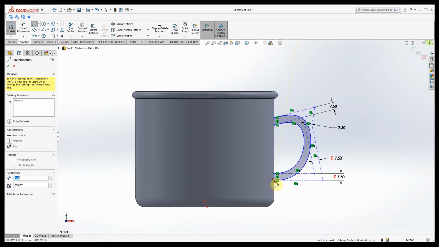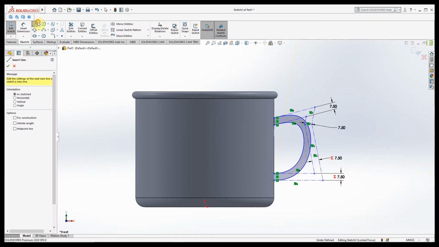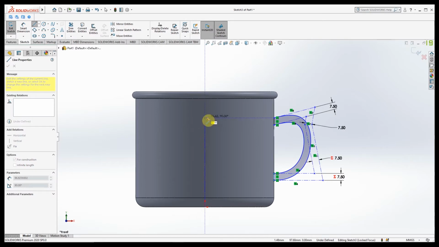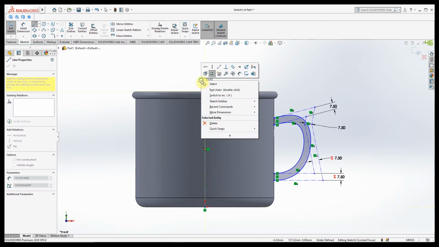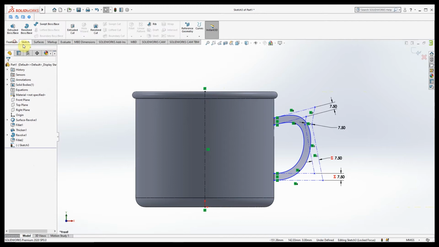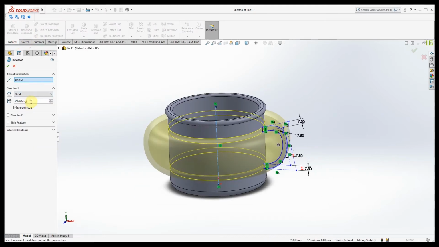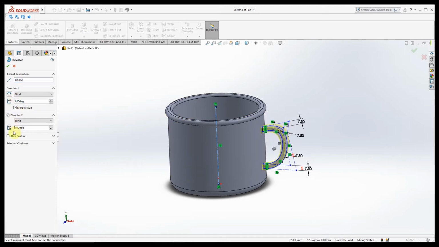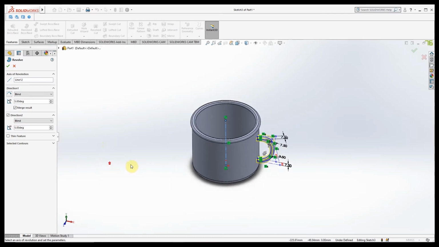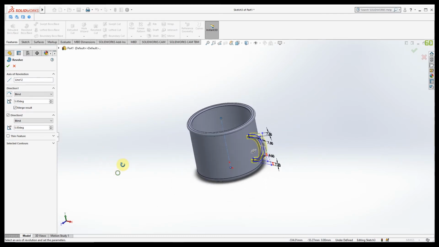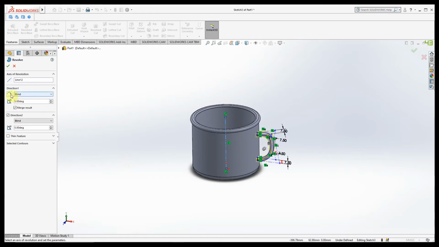So let's just close the sketches, and we will make one center line here in the middle, and we will use revolve option, give 5 degree, and direction 2 also give 5 degree. Yeah, this is enough for us.